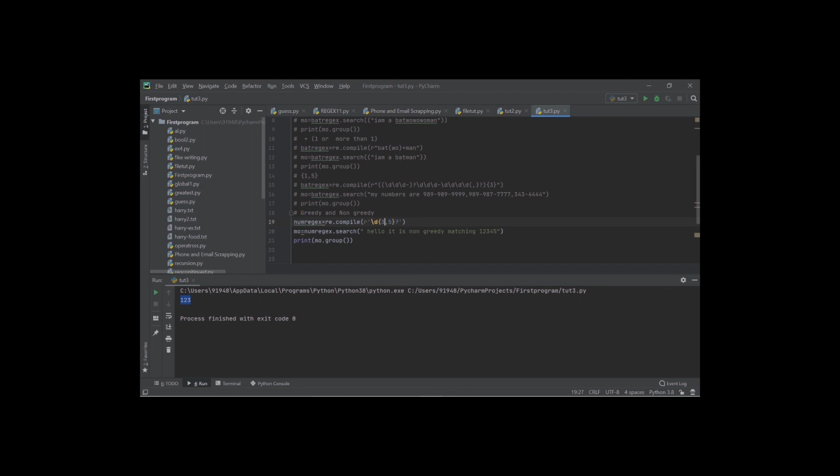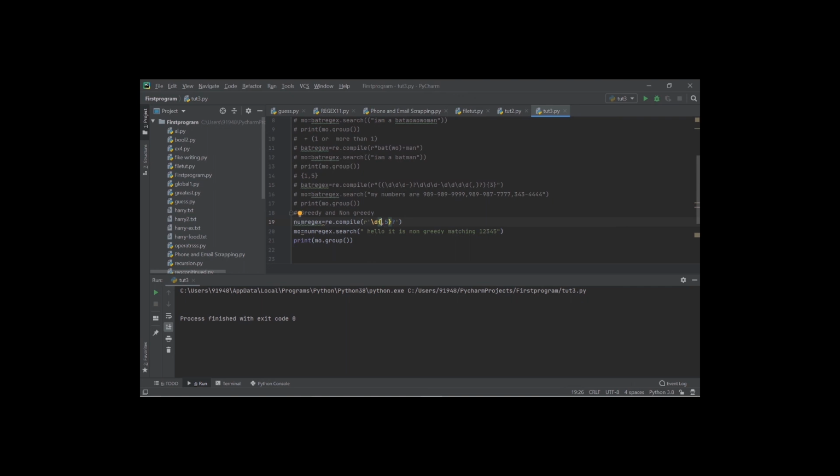And you may also have a doubt: if nothing is given in the first place, and it is written empty, comma, and 5, it means it is 0. See, wait, I'll show you. It doesn't match anything. It means if nothing is specified in the first position, then it means 0.